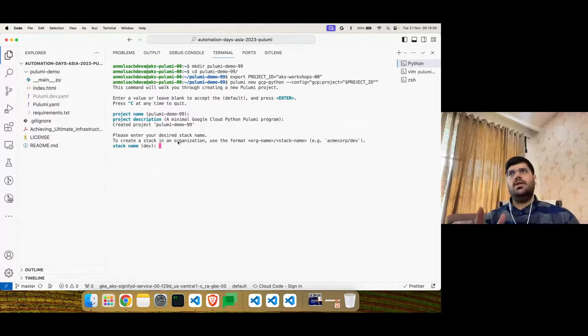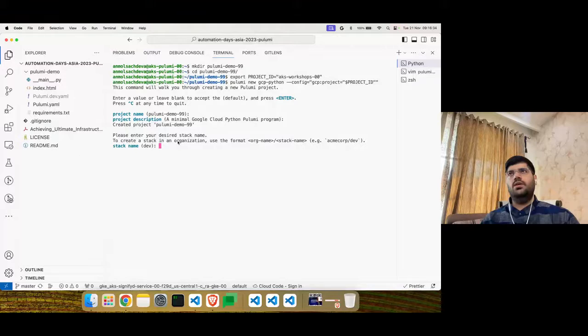So this is where, when we create a stack, generally, following good practices, we can have a stack aligned to some SDLC phase, or software development lifecycle phase, like dev, stage, prod, int, UAT. Or we can have it corresponding to feature branches, or we can have it corresponding to business units. So if it's a multi-tenant environment and we want to have business units, but all of them have to use some different configurations, but primarily need to have, let's say, similar kind of